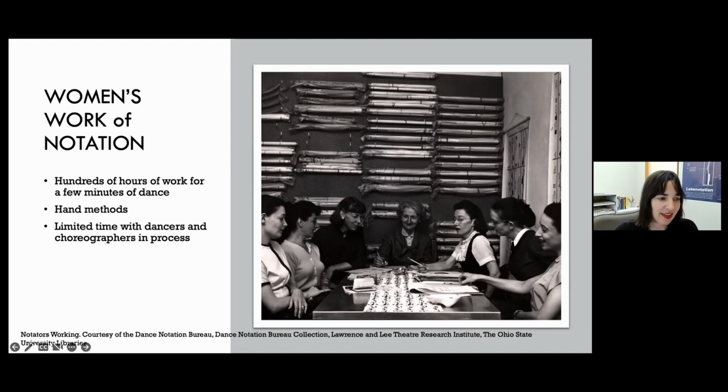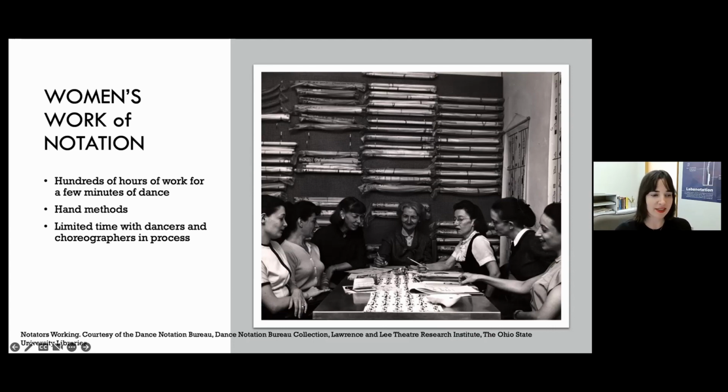Notators had been discussing how they could speed up the process of producing scores and teaching materials for decades, and thought they might find a way to design a dedicated typewriter for dance. They never did design a dedicated typewriter, but the Selectric comes into this story. The workers of the Dance Notation Bureau were at this time entirely women